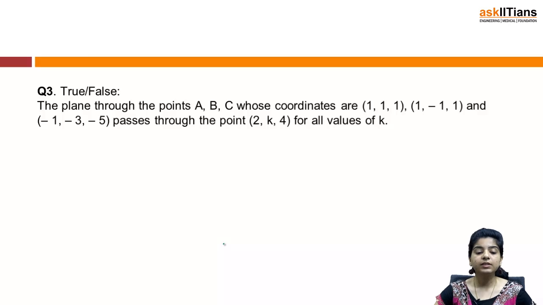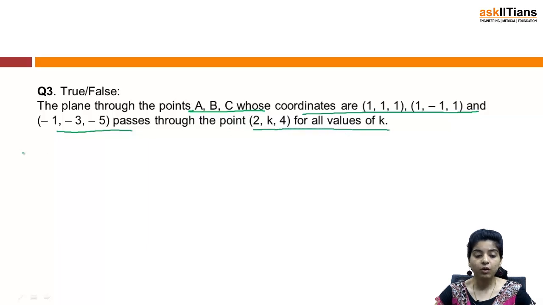Next question says, true or false: the plane through the points A, B, C, whose coordinates are (1, 1, 1), (1, -1, 1) and (-1, -3, -5), passes through the point (2, k, 4) for all values of k. Okay, and again it is true or false. Let the equation of plane